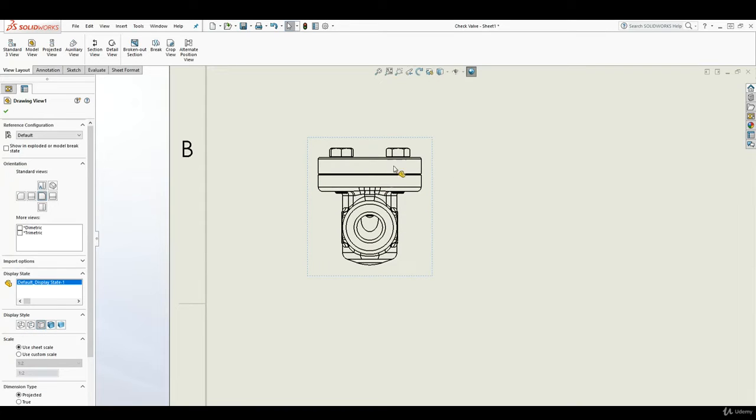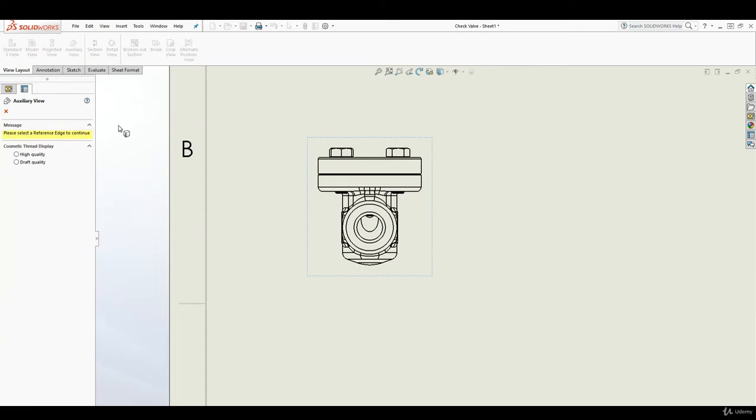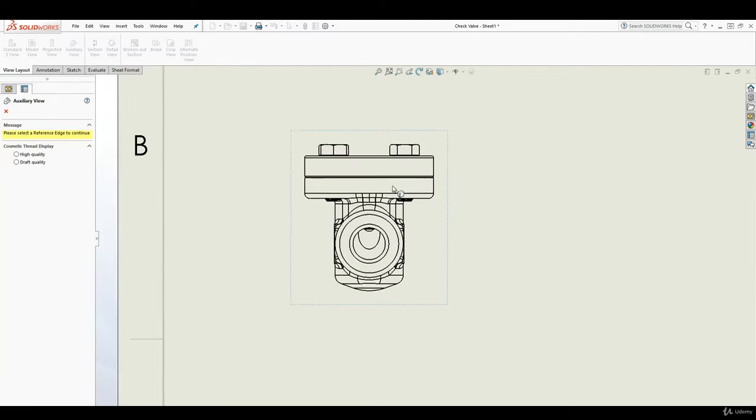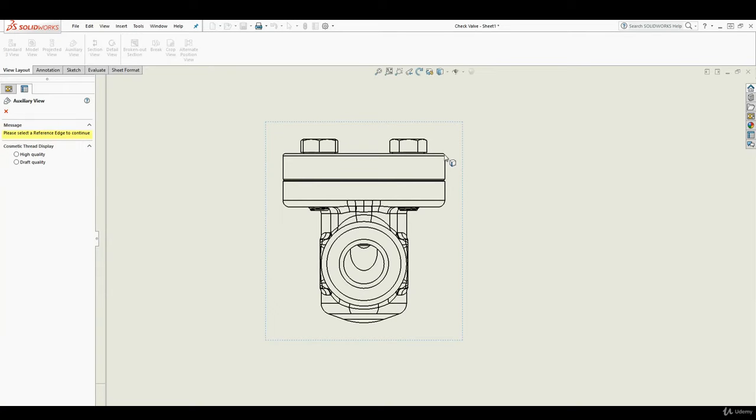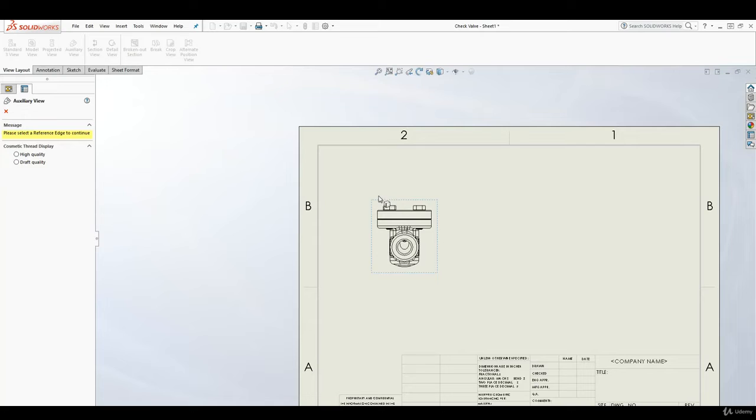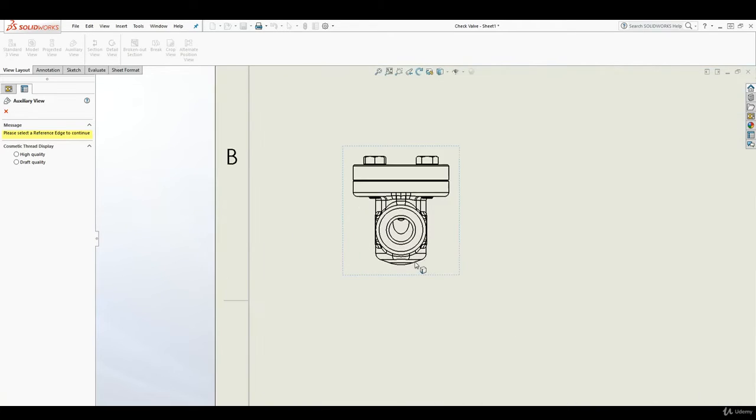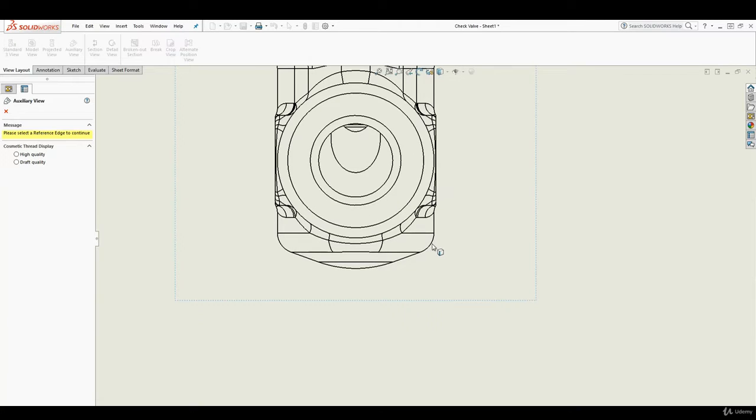How the auxiliary view works is you select the auxiliary view over here, and now it's asking you to select a reference edge to continue. So any edge you select is going to create an angled view. An auxiliary view is kind of like a 45 angled view from any edge you select. So if I select this edge,